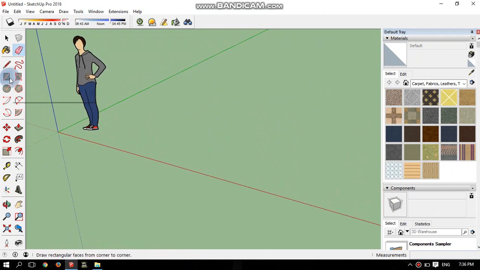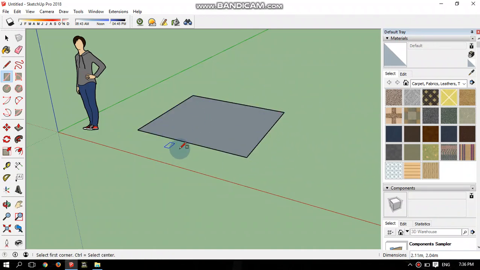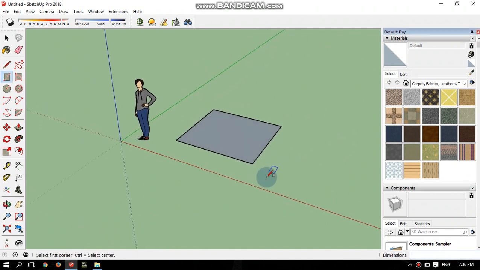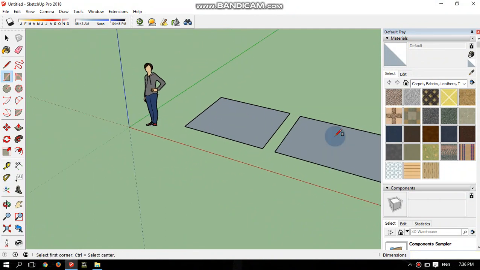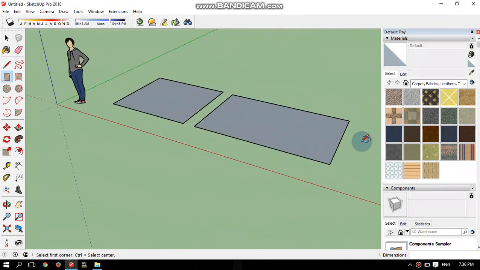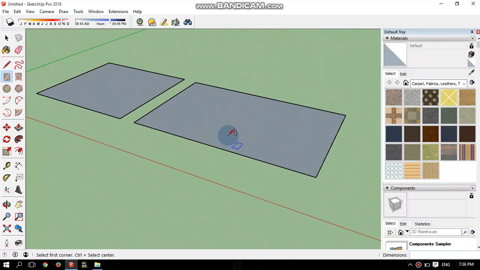Now coming up with the next tool, which is rectangle. So you can draw a rectangle in SketchUp software using this rectangular tool. As you can see, of any dimension we can do. Now I have to draw a rectangular of size 3 by 2. So I will just left click, and as you can see here dimensions are shown. I will just click 3, then give comma and type 2 on keyboard and press enter. As you can see, the rectangle is created. It is of dimension 3 by 2.